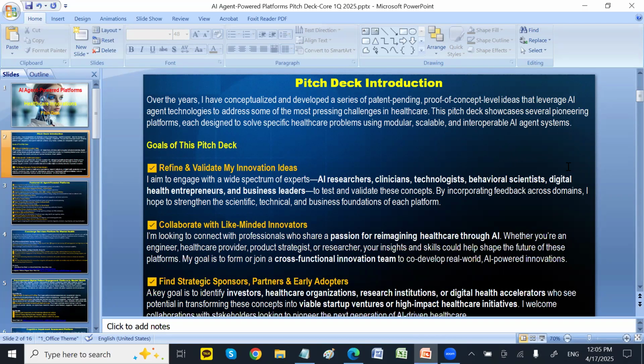I came up with the idea, and I'm fortunate to have organized this kind of event many, many times, so I have a lot of connections in the healthcare area. Through discussions about their current pain points and the challenges they want to solve, I got plenty of ideas on how my tech background can contribute, so AI agents can be applied to many different types of healthcare areas.